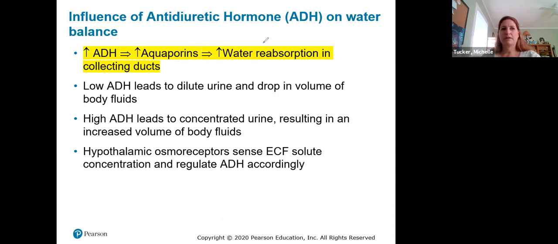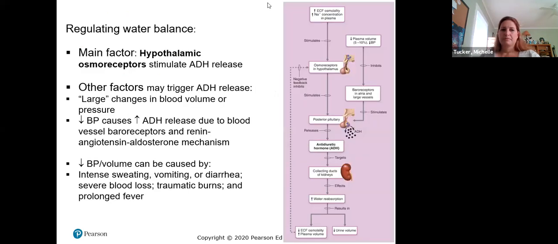So ADH is more involved in water balance. It's the movement of water out of the collecting duct so that it can be reabsorbed to reestablish osmolarity. So ADH is more involved in osmotic regulation. In regulating water balance, this is a graphic of what we just talked about, but it's starting to bring up